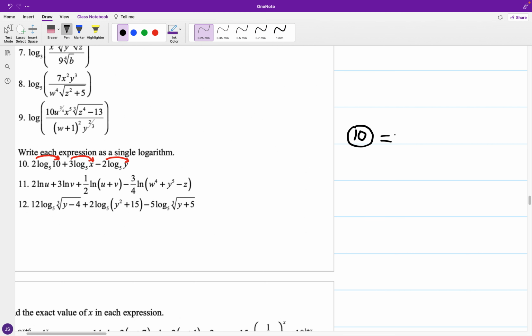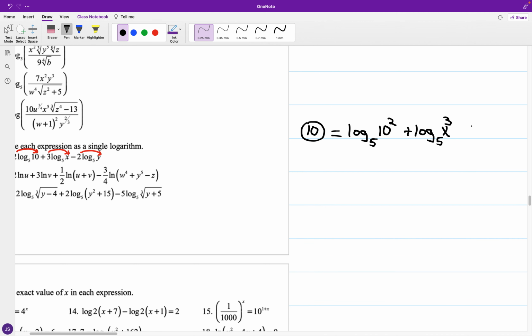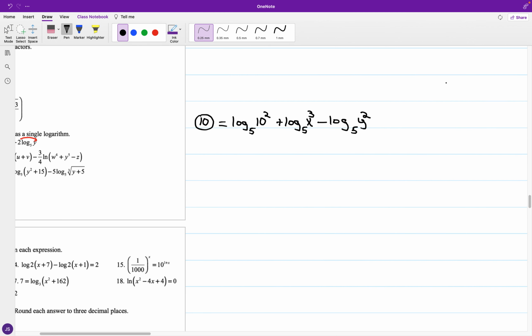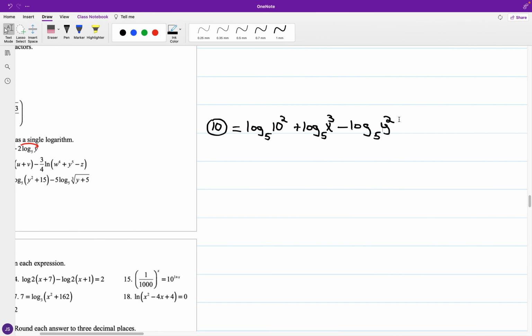So for what we had in the initial process, we have the base 5 logarithm of 10 squared, and we have plus the base 5 logarithm of x cubed, and we have minus the base 5 logarithm of y squared. And after putting the items along the lines of just adding and subtracting, where we have the coefficients converted to exponents,